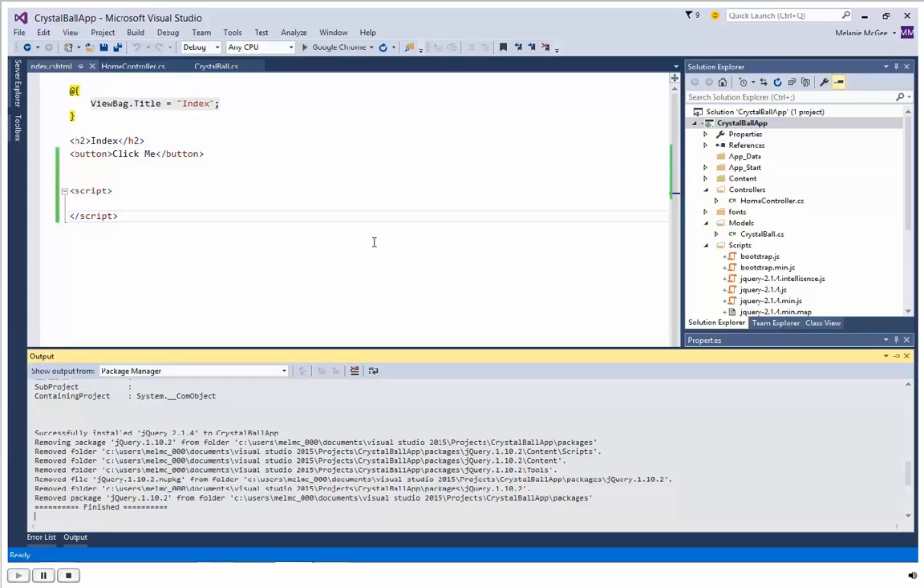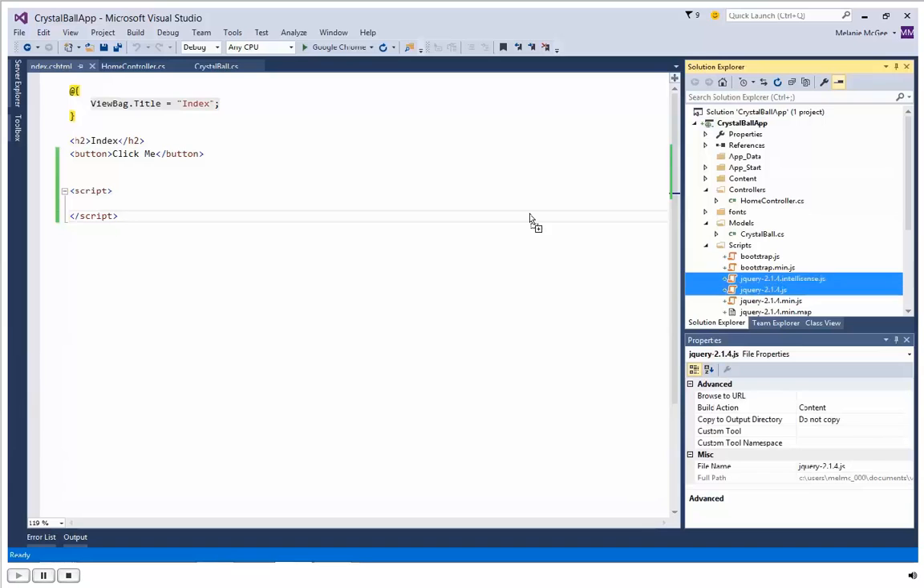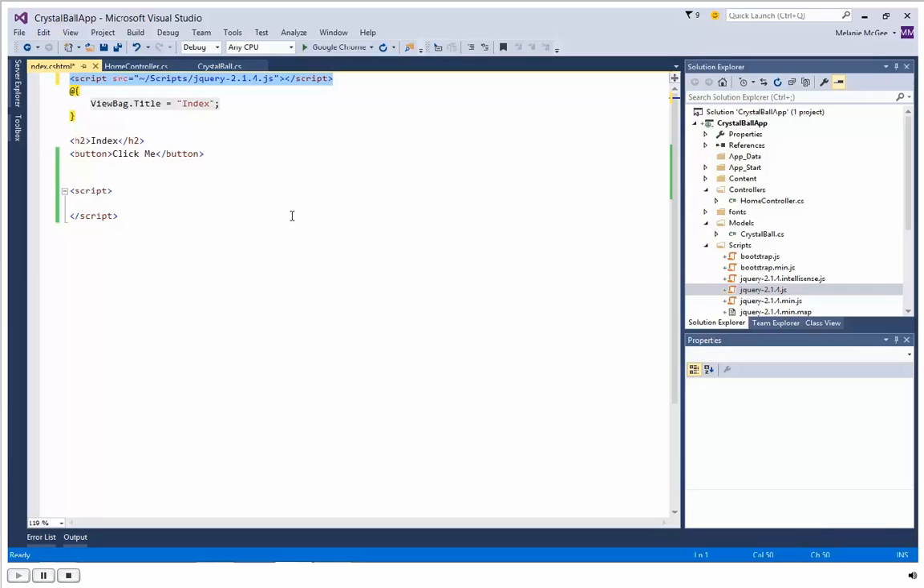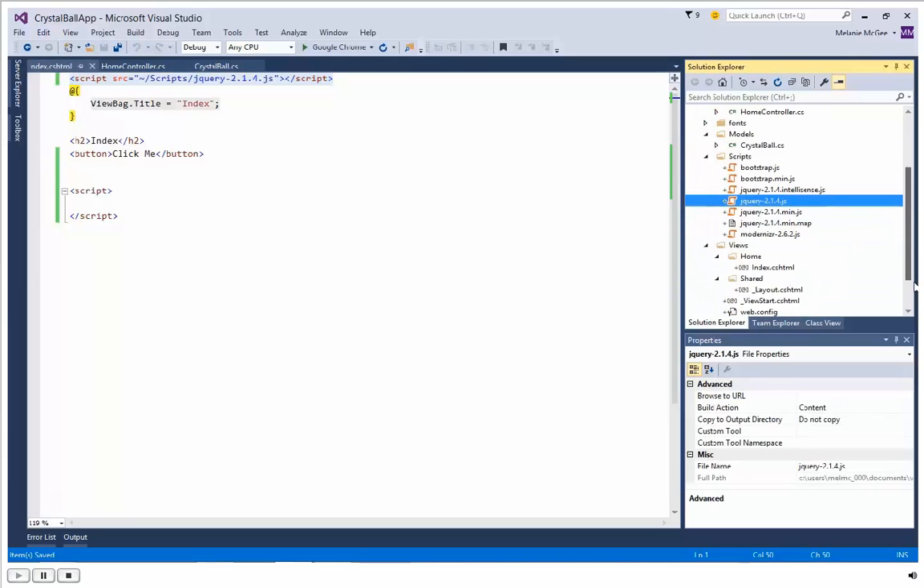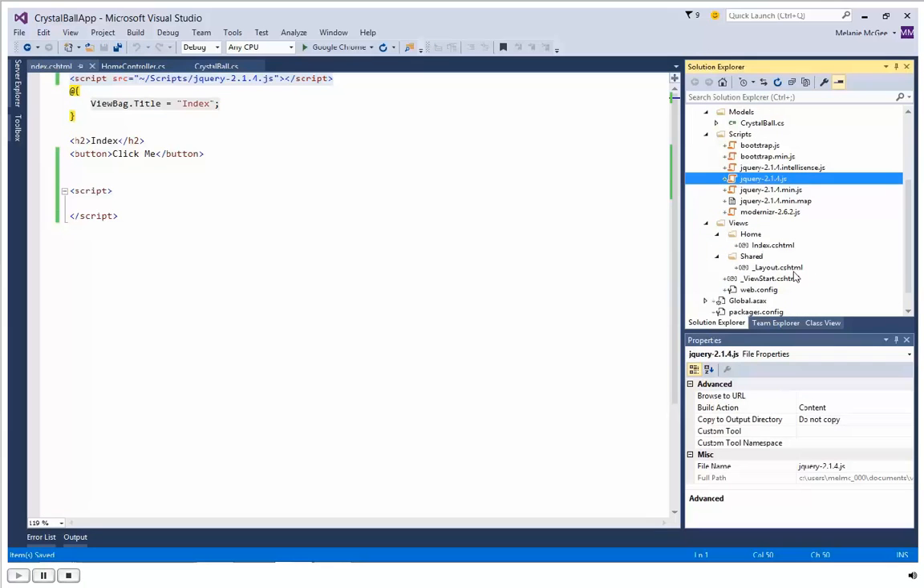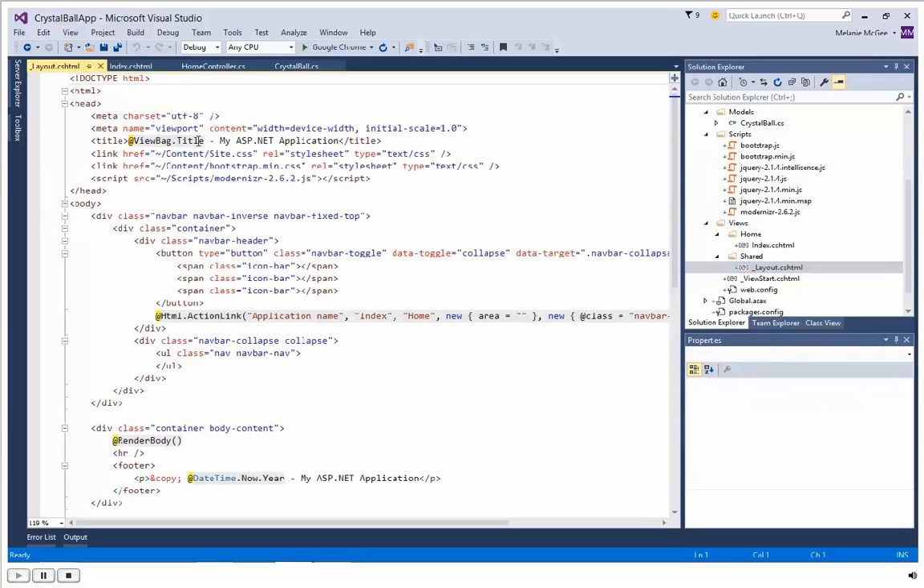I'm going to do the quick and dirty route here and just drag it from my scripts straight into my index.cshtml page. You could also work with bundles. There's all sorts of ways to do this. You can also put it in your shared layout up here. Actually, that's just a better idea since I have it. So under views, this will then put jQuery on every single one of my pages that uses this layout.cshtml